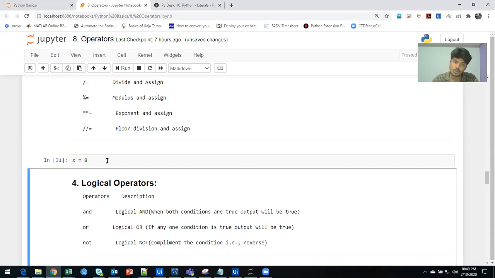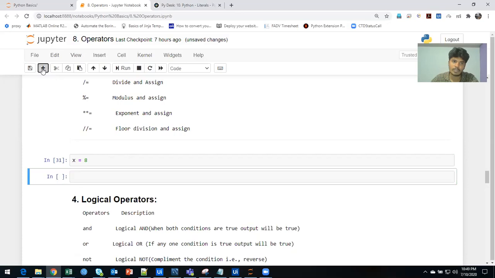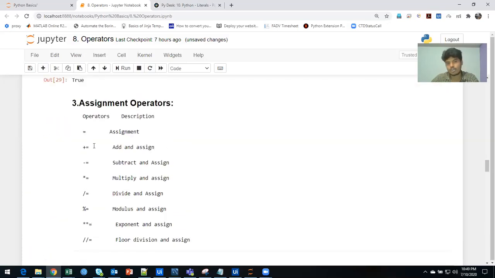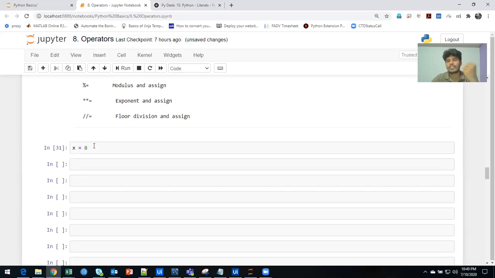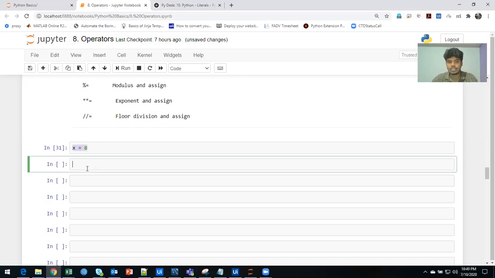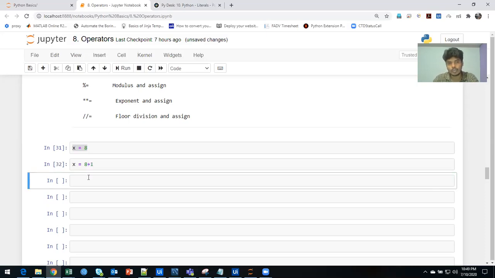And basically there are many advanced operators available in Python. These are the advanced assignment operators, where the first one is if I want to add something to the existing value. Here we have x = 8, and if I want to add one, x = 8 + 1, this will give me output 9.